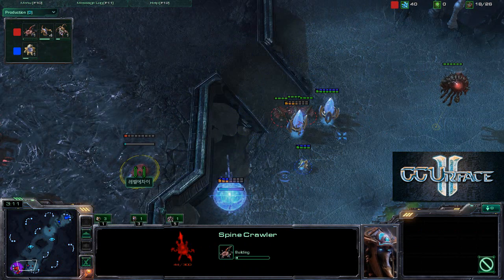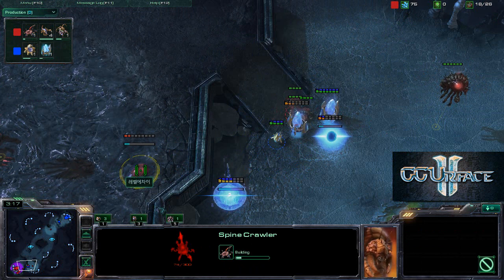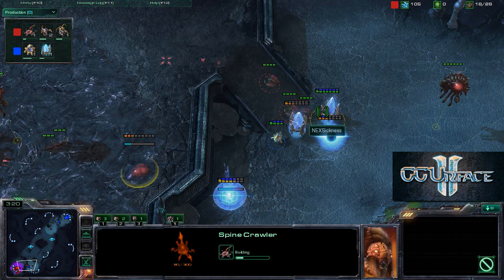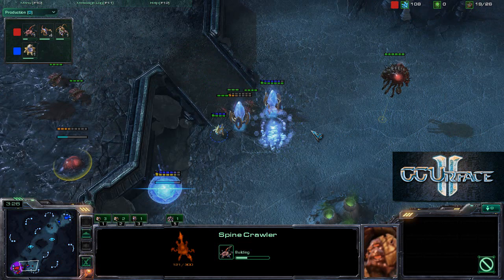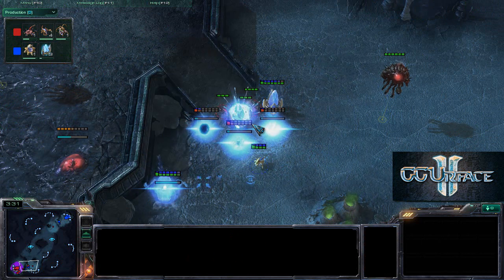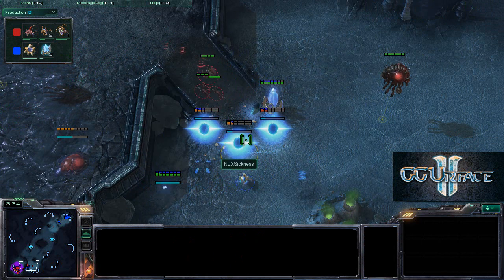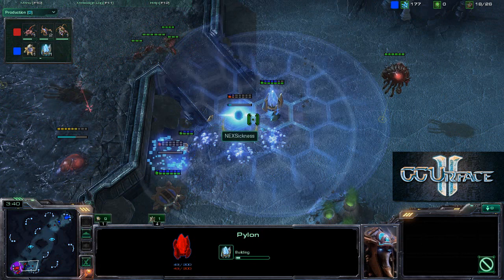This is a very tense moment, as one spine crawler is correctly being put on the high ground. The spine crawler will be able to get rid of these two pylons very easily, but if he were to put some pylons behind these cannons, he might be in trouble, as the first Zergs are coming out here. The Zerglings are getting a nice surround, and looks like the Zerglings are going to back off. I don't think that was a wise choice,